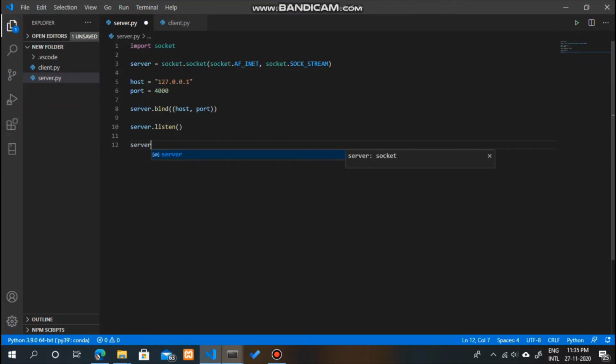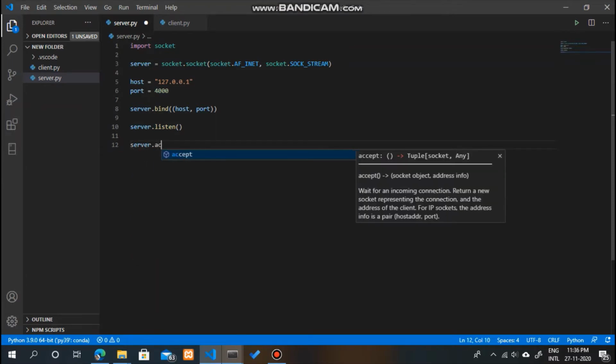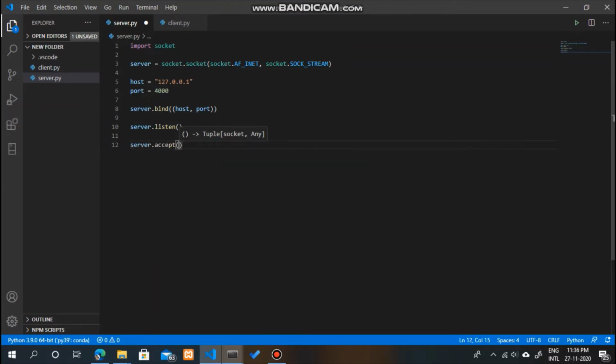So we will tell our server to accept the connection using the accept method, and this accept method returns a tuple of connection and address. This is the connection and address of the client.